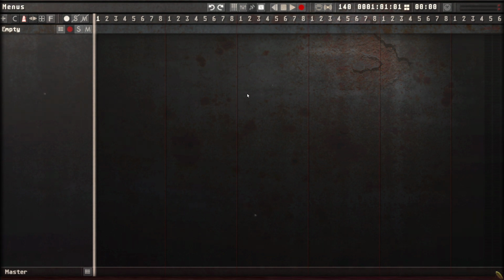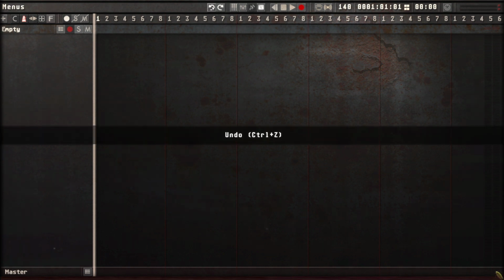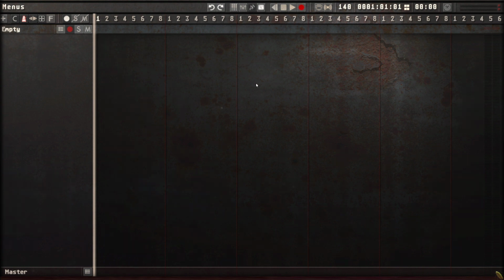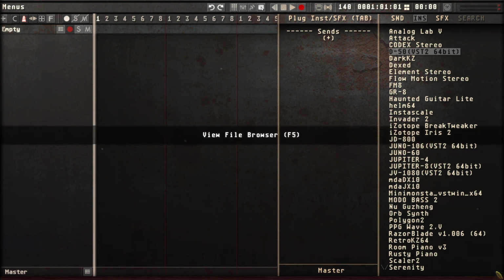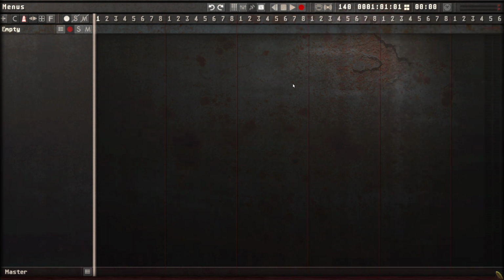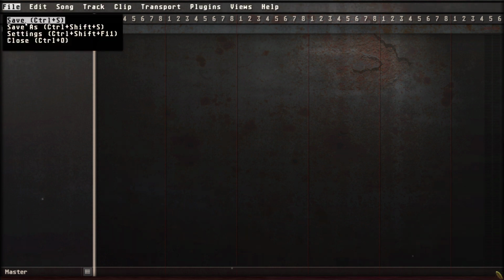So we have the interface here, we have the menus here on the top, the undo, we have the piano roll, the mixer, the sequencer, which is where we are right now. We have the file browser where you can load the plugins. But first you have to scan for the plugins. So the first thing is to go to File Settings,